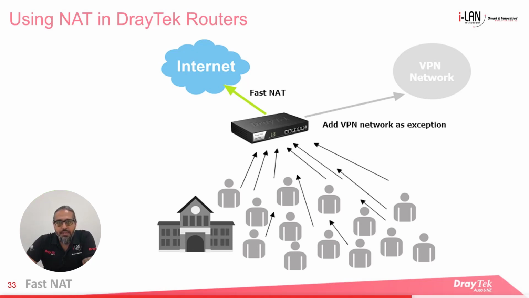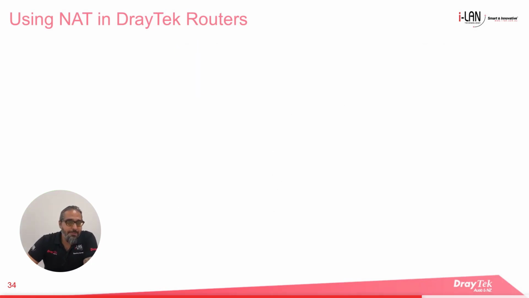In the example that you see here, the VIGA 2960 is acting as the internet gateway for a university dorm, and there are hundreds of students accessing the internet through it at night, so CPU usage during the time is usually quite high. The network administrator would like to reduce the CPU usage and speed up the NAT performance of students' LAN using FastNAT. However, an exception is needed for the VPN network to let the students connect to the campus network. Okay, so that's about it.